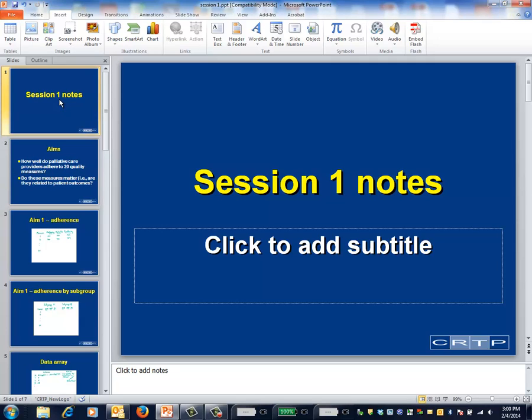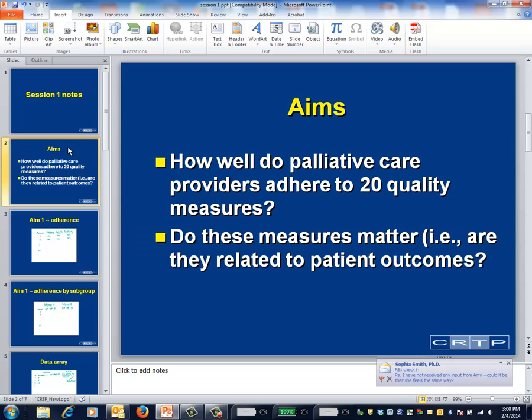This is intended to be a follow-up on Session 1 using the example from Arif's palliative care trial. As you'll recall, Arif's study had two aims. First, to describe the adherence to 20 measures of quality palliative care. Second, to determine which of those 20 measures is most strongly related to patient outcomes, such as symptom burden and